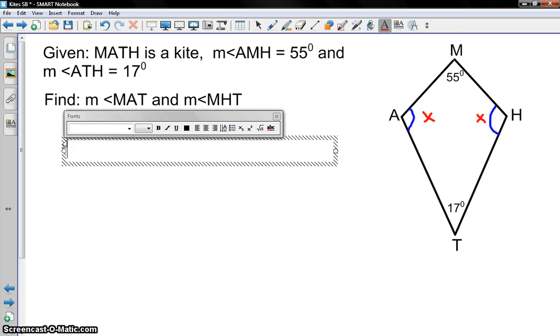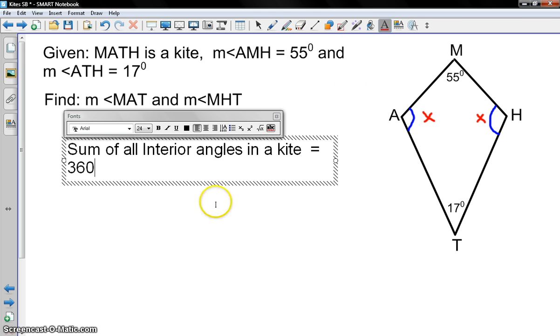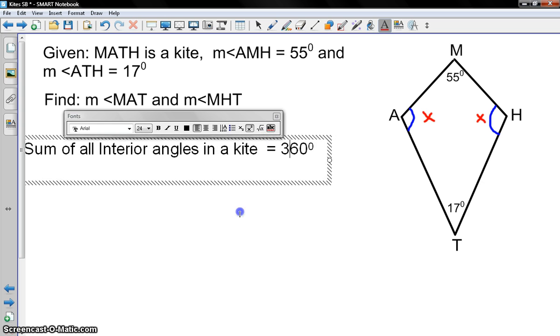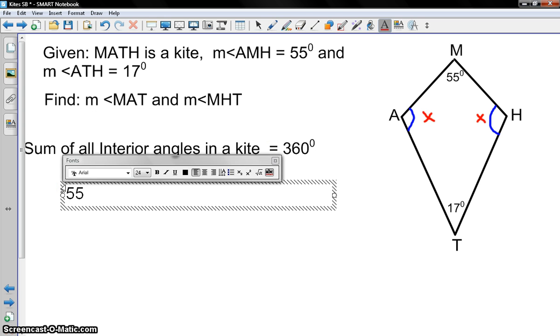So let's see what we have when we type our equation. Before I do anything, I should probably say that the sum of all angles in a kite, or in a quadrilateral, equals, and I hope you said 360 degrees. So I'm going to say sum of all interior angles in a kite equals 360 degrees. I'll put that on the side. Okay, now with that said, let's write our equation. So 55 degrees plus x plus 17 plus another x has to equal a total of